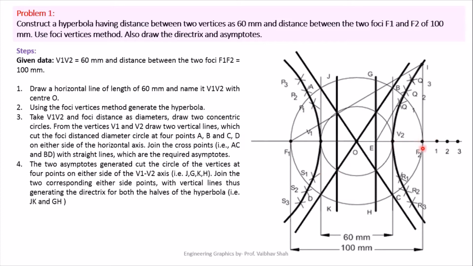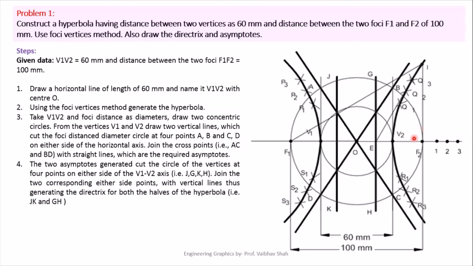Use F2 as a center. Draw one arc just above your F2 and one arc just below your F2. Now change the center to your focal point F1, but keep the radius constant, V2 till 2. Make one arc just above your F1 and one just below your F1. Now it is time to change the radius. Let us change the radius to V1 till 2.